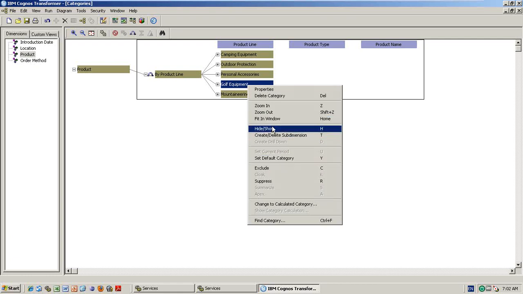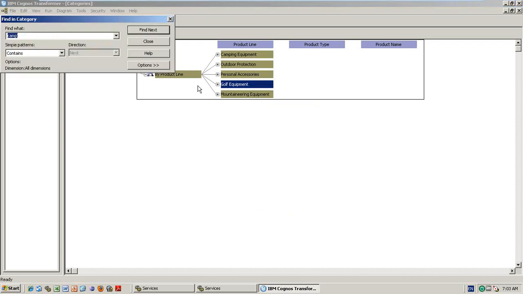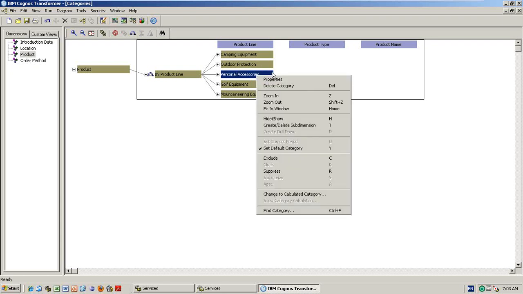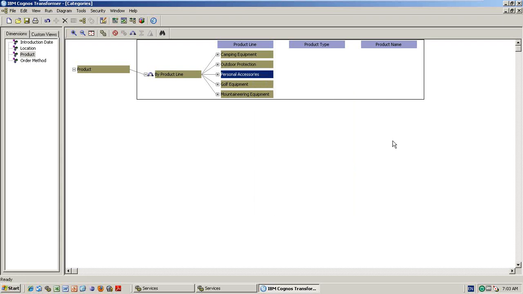And hide and show you know, and exclude and all those things we will get in the custom view. I will explain it. Calculated category also I will explain there. Kind category is the same. So the remaining things, what do you mean by exclude, cloak, suppress, suffix and flag, everything we will discuss in the custom view type. But these are the 4 things you need to remember: zoom in, zoom out, fit in window, hide and show, default category. The remaining things will come under custom views, that is security creation, apex, suppress. Very important, these 5 things. These are the 5 things you will use for security purposes. Okay, fine, we will discuss that in the custom view.